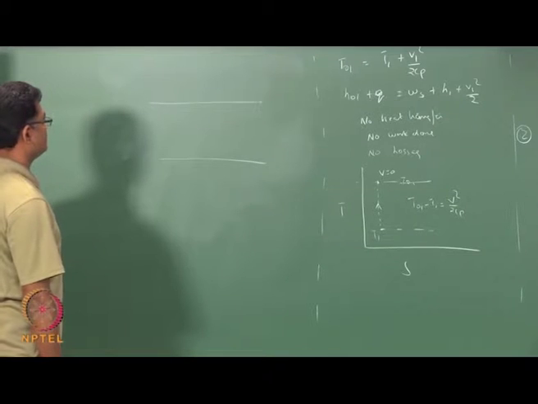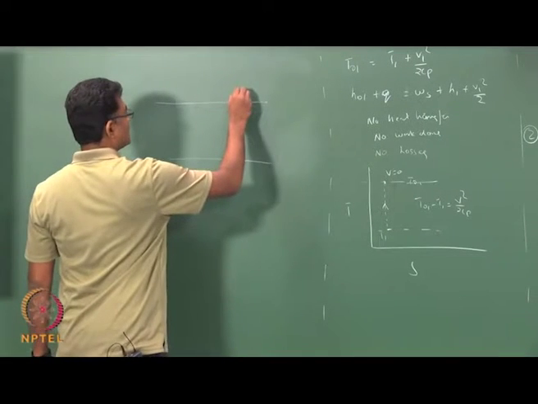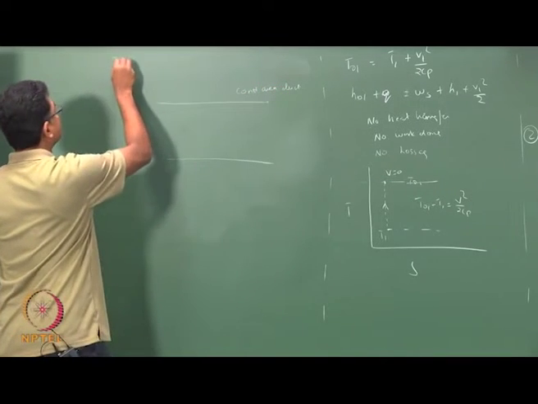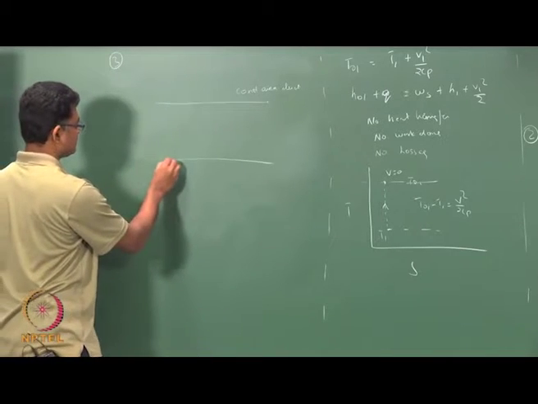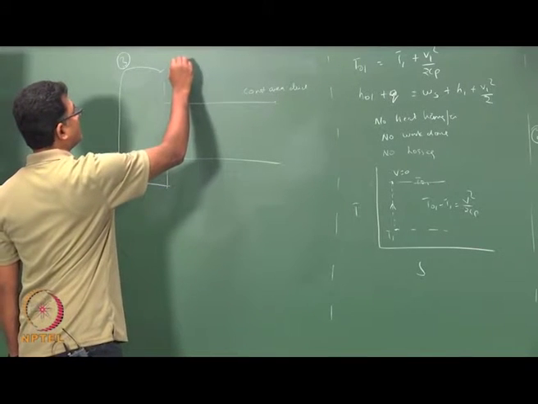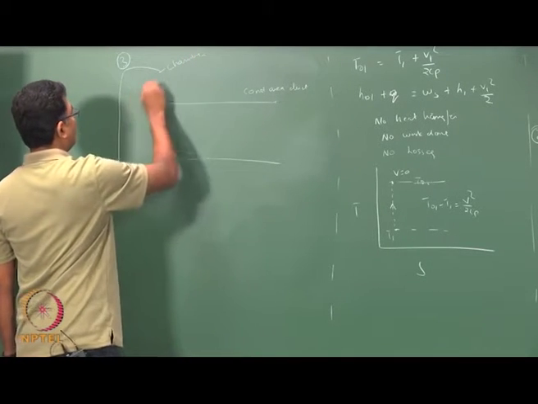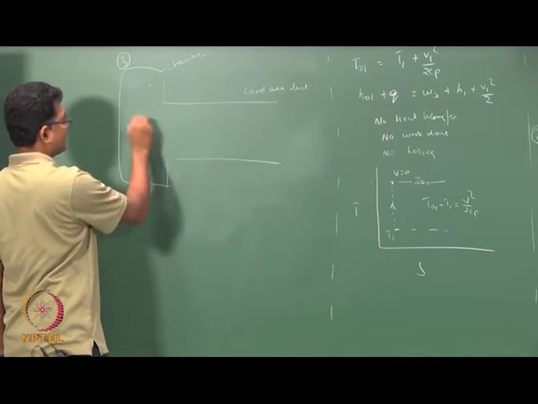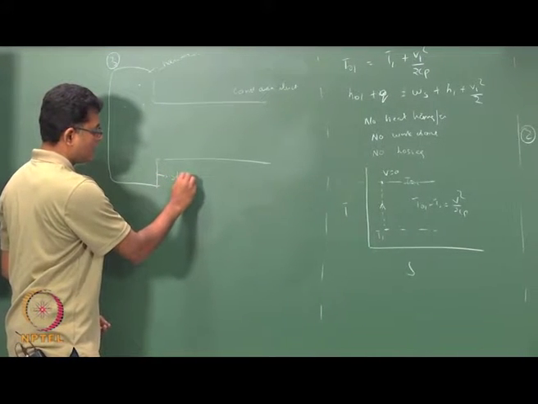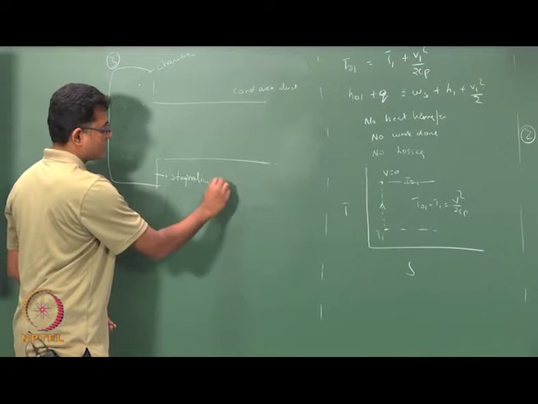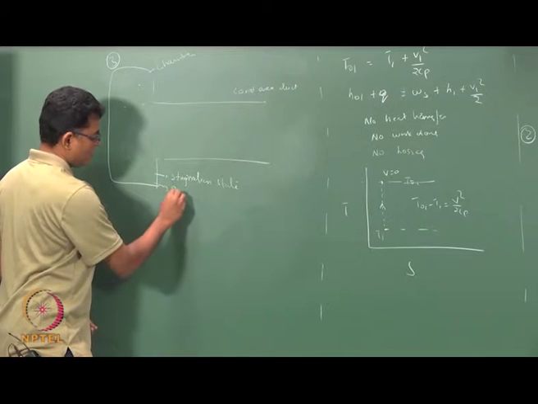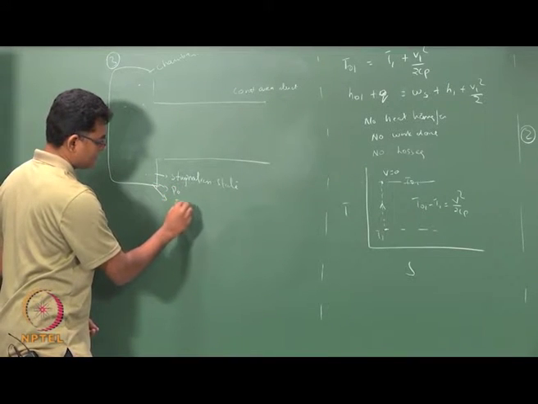Now I have a constant area duct. This is question 3. This is connected to a large chamber where the fluids are all stationary, it is not moving around. So, the quantity you measure here is the stagnation quantities. So, the pressure I measure here is P0 and the temperature I measure here is T0.